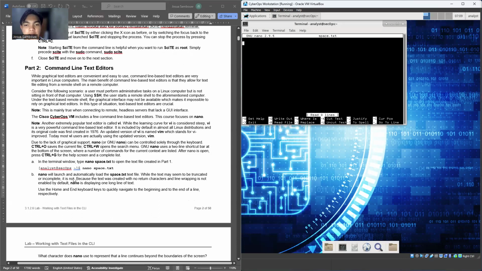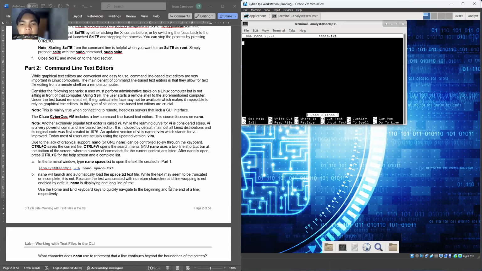Nano will launch and automatically load the space.txt file like this. The text may seem to be truncated or incomplete. It is not, because the text was created with no return characters and line wrapping is not enabled by default.